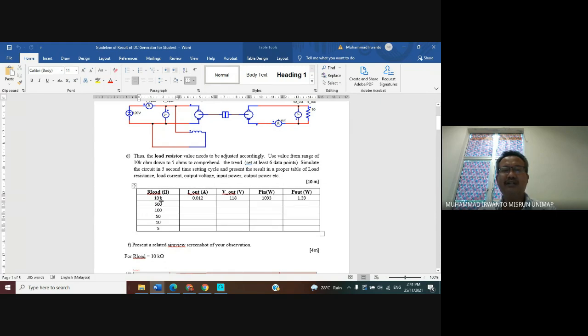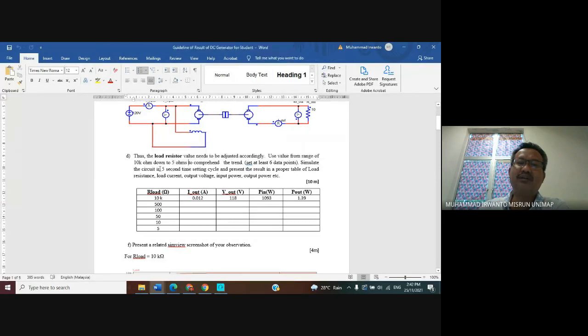I give 10k, 500, 150, 10, and 5 ohms. So for each change of the load resistance, we want to observe the value of output current, output voltage, input power, and output power, by simulation time of 5 seconds.